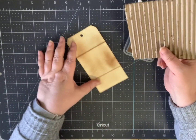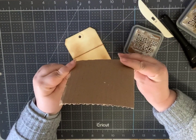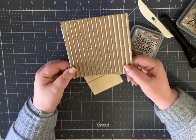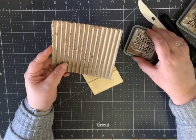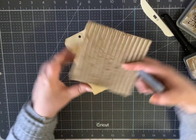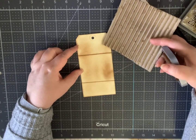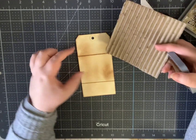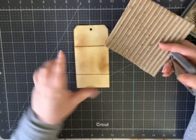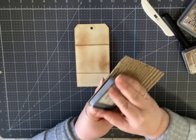So next, what I'm going to do is use a piece of corrugated. Well, it started out as a box, an Amazon box. Those things come in handy for lots of things. And I'm going to use this as a stamp. And so this is the right size for what I'm going to do. I'm just going to stamp the top two. If you divide it into thirds-ish, I'm going to just do the top two. And